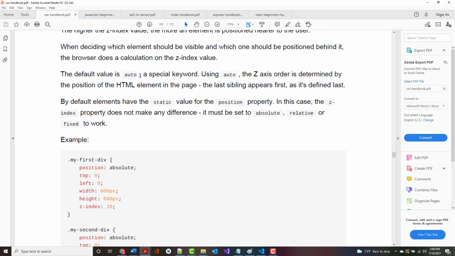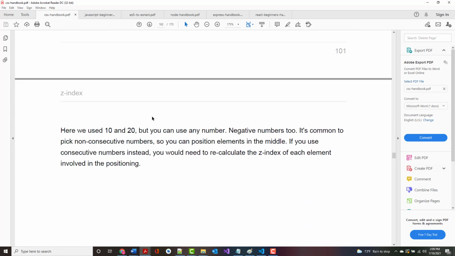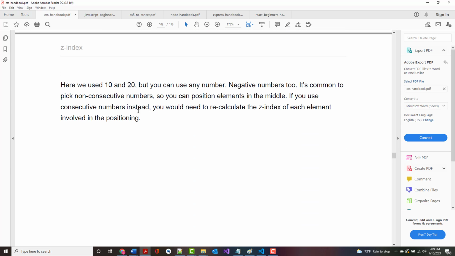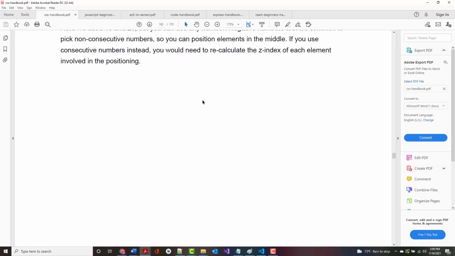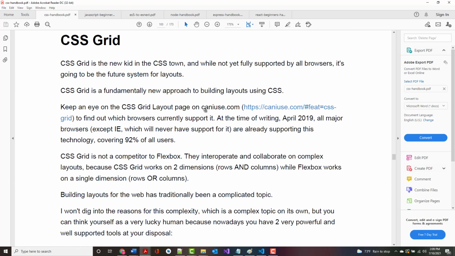The default value for z-index is auto. As it says, it's determined by the position of the HTML elements on the page. You can use any number you want, as it says. They use 10 and 20, but you can use any numbers, including negatives, as I mentioned. It's common to pick non-consecutive numbers, so if you've got to do extra positioning in the end, you can do that. All right, great place to stop, because believe it or not, what we've talked about so far in the